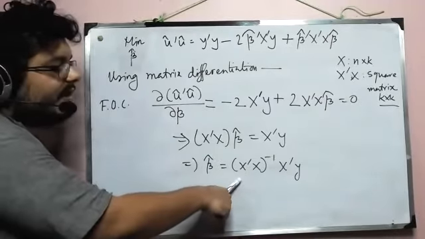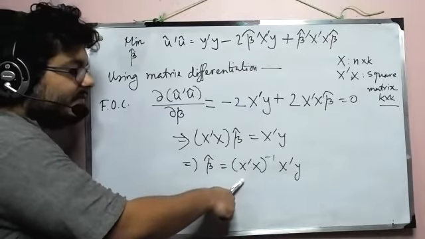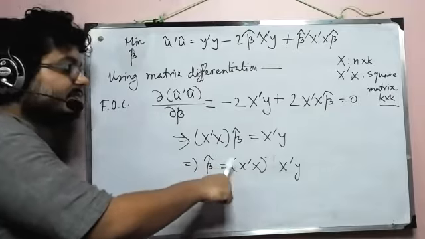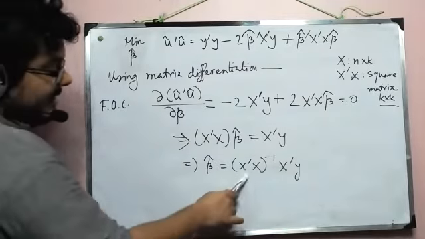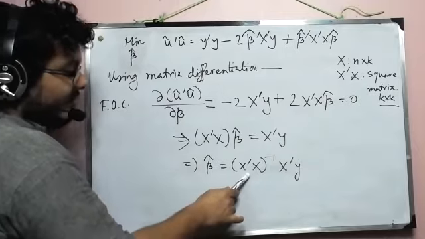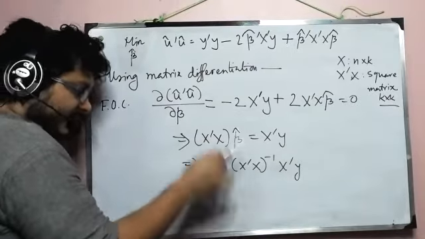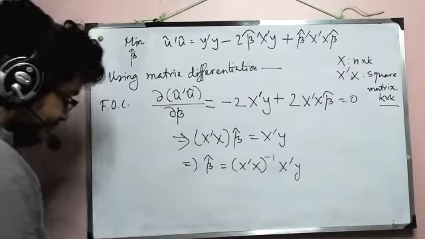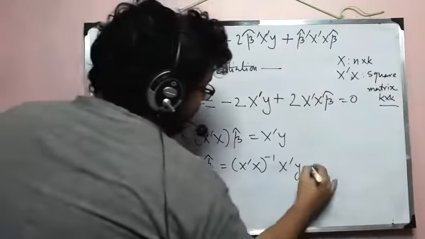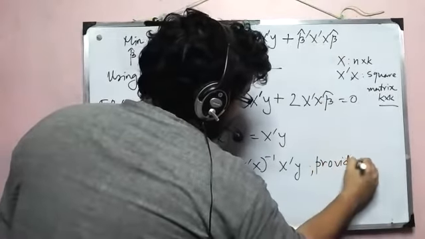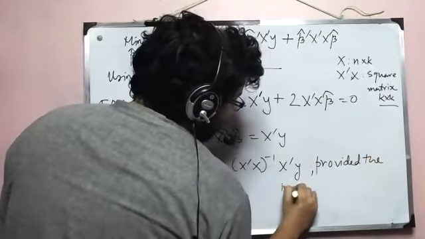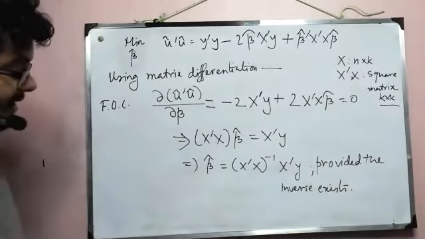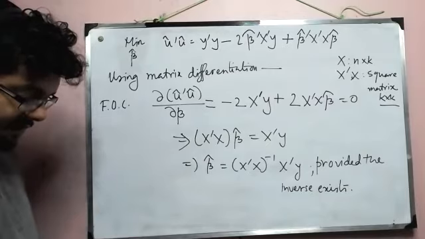And here, if we have any problem in data, then that problem will be forwarded to this x transpose x, and while taking the inverse, we will face the problem. So that's one source of problem that we'll be talking about in multicollinearity. Finding this inverse will become an issue. Because of that, we must write that provided the inverse exists, because in some cases we can encounter a problem.